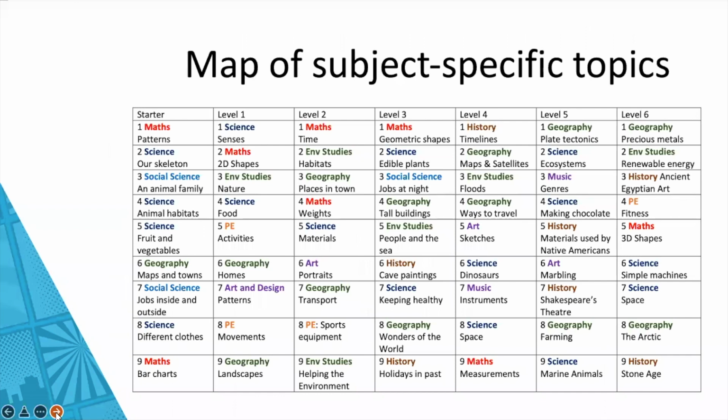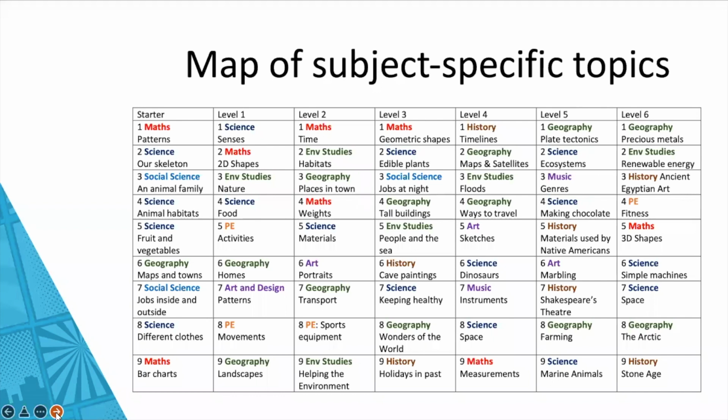Science is in dark blue. Social science I've put in a lighter blue. Geography and environmental studies appropriately green. History in brown, and PE in orange. You may notice that most history topics in CLIL